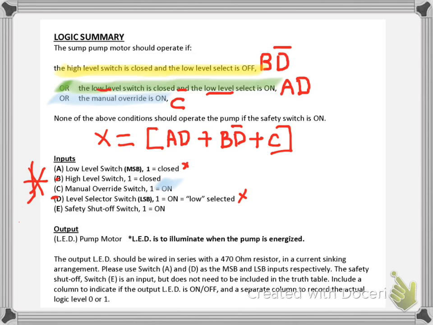So there's the condition. I'm just going to call that X. You can call it J, X, Z, whatever you want. I'm going to call it X for this discussion. The motor should run if A and D is high, or B ANDed with D not is, or C. So if any one of those conditions is true, the motor should run. The final condition, and let's use this color,